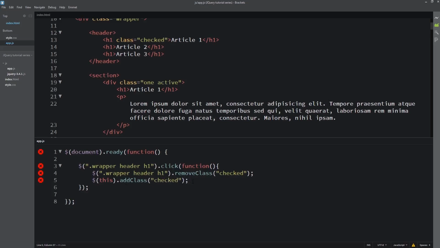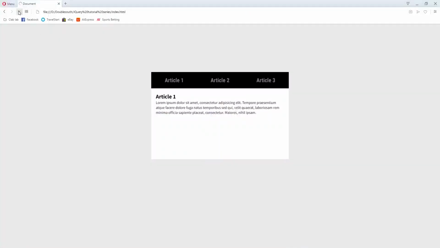If we go back, article 1 is there. If this one is clicked now, it doesn't come out checked for this particular one, and it doesn't add on to this one. If this one is clicked, it doesn't come out checked inside article 3, it doesn't add for this one. So it depends on which one is clicked. See how the thing holds now, it shows you they get the scope, the same.